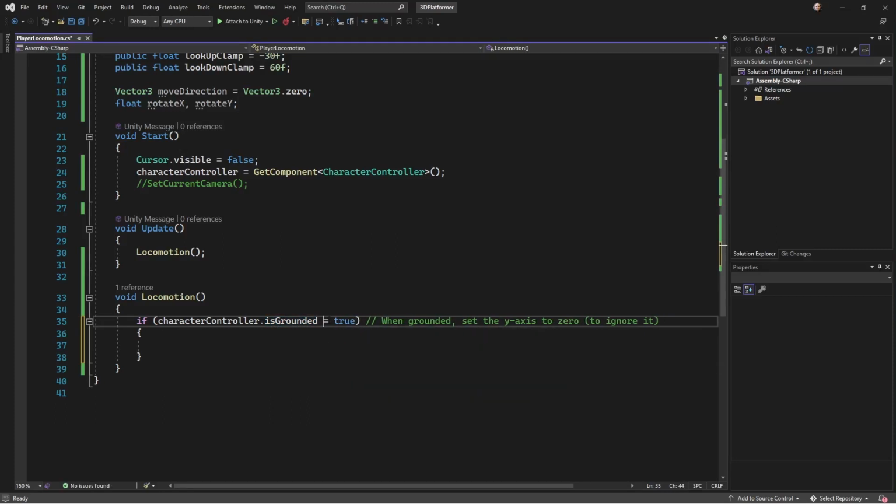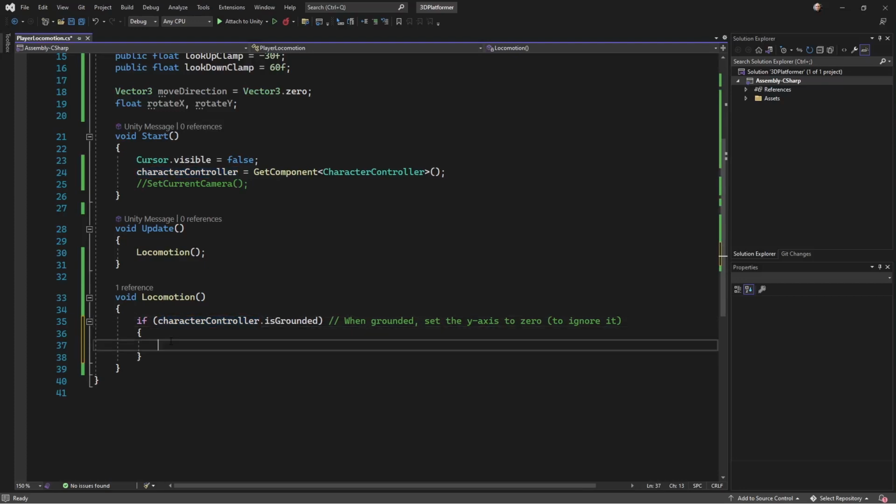You can also do is not equals true, which obviously is the same as comparing against if it equals false. And not equals true is using the exclamation mark. Now, if I wanted to rewrite this without doing equals false, but I wanted to check whether it's false, I can use an exclamation mark at the front, and that will say basically if it's not true. So there are various options. I am, however, looking whether it is true, and if it is true,